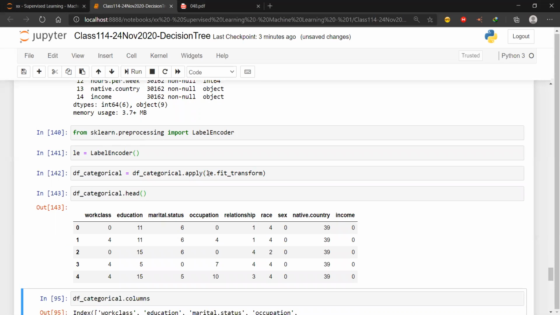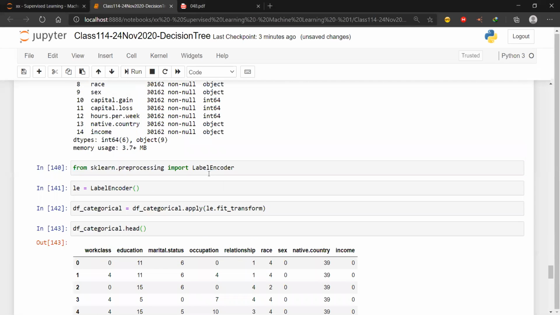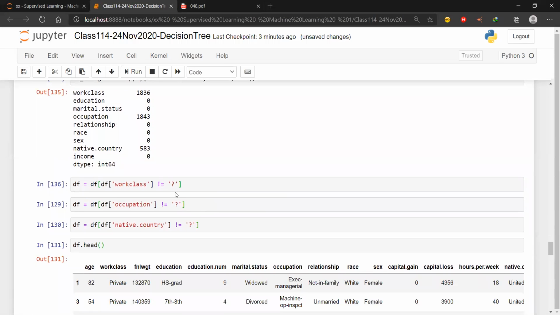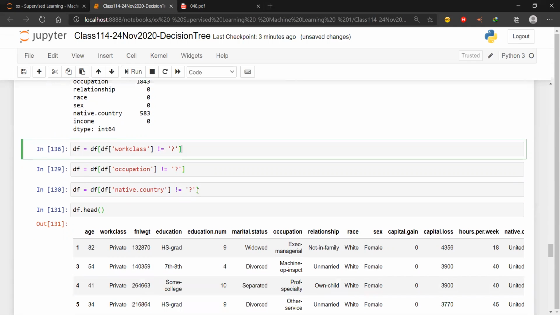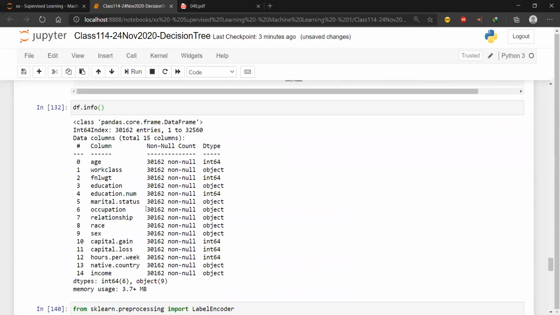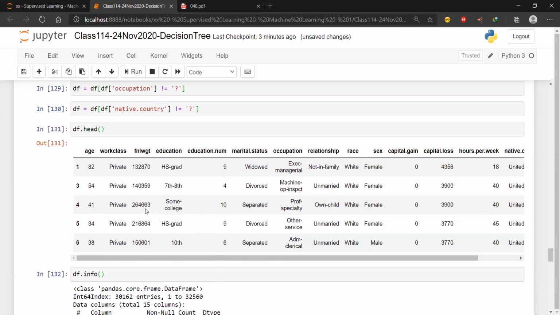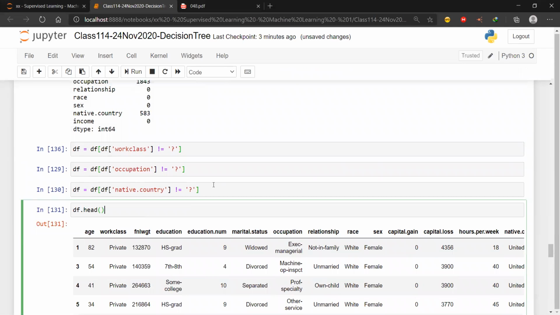No, I have not dropped them from there. So that is the reason why they are still there. I have to drop from that place also. I have to drop the question mark things from that place also. That is why it is not working. So what I will do,